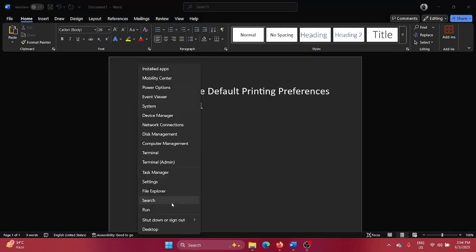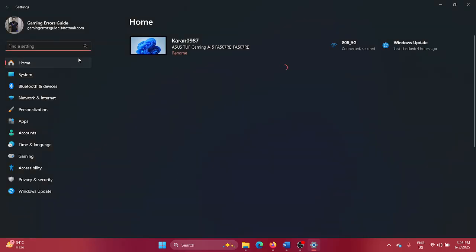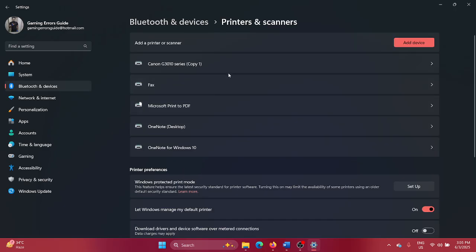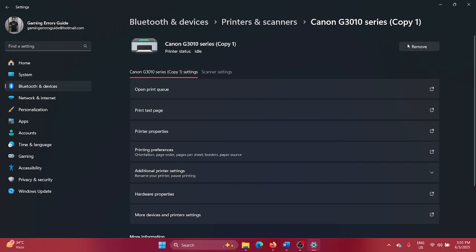So right click on the start button and select settings from the menu. Go to the Bluetooth and devices tab and select printers and scanners. Now I'll show you on this printer that there is an option to remove it. This is the only flexibility that you get, but you cannot set it as a default printer or change other